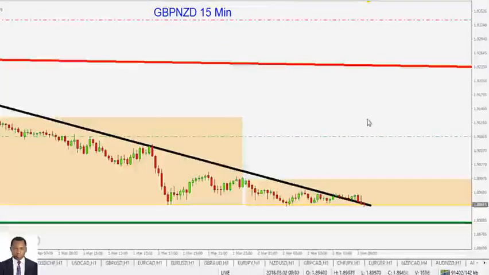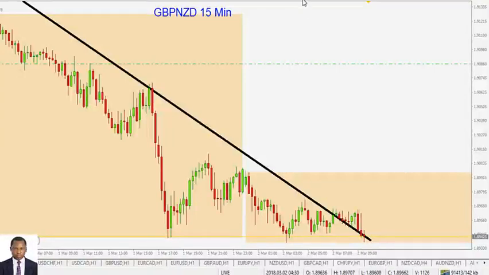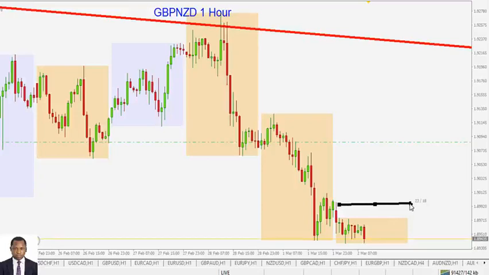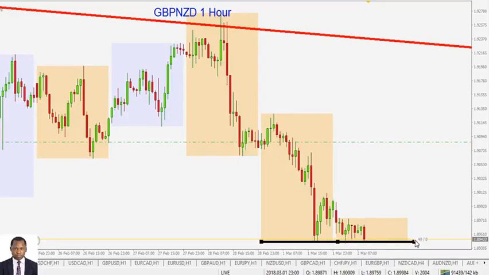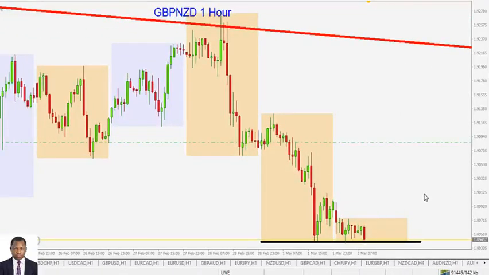Let me see if we have a valid London open breakout setup, but price has been pushing to the downside. Let's just keep a line here at yesterday's low. Hopefully it will be broken. But this sideways Tokyo range is also looking good. Just keep it there for now, okay?